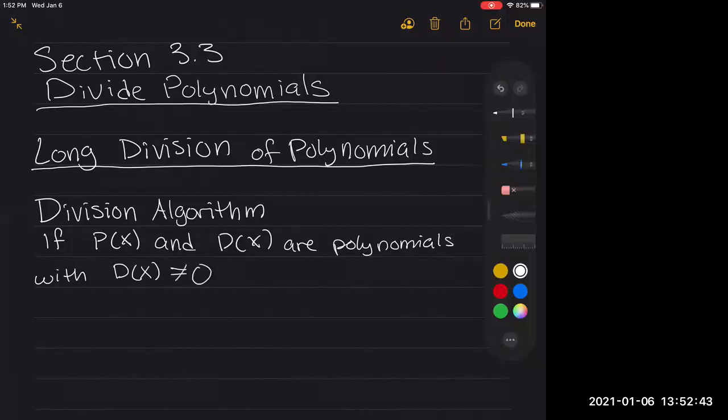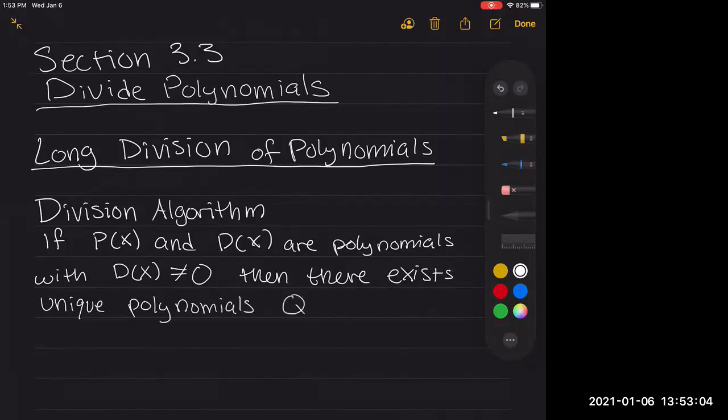So that's what this big zero means. It means that the whole function is not just zero everywhere. Then there exist unique polynomials, we'll call them Q and R,